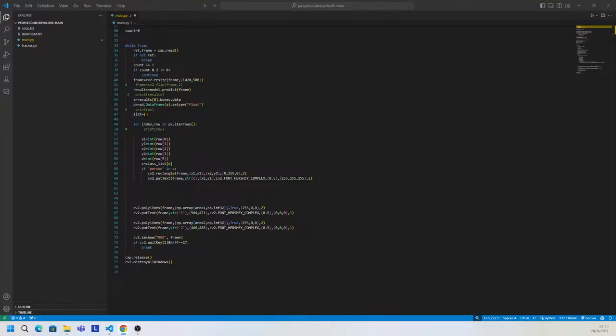We are going to basically open our coco.txt file, then we are going to read the file, then we are going to split the